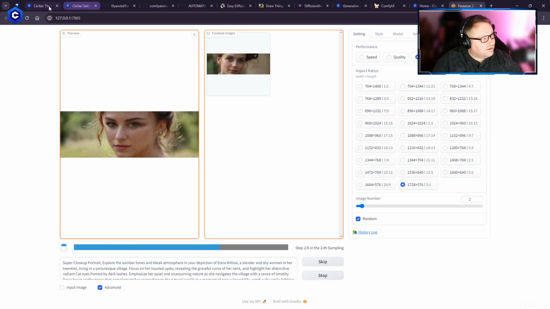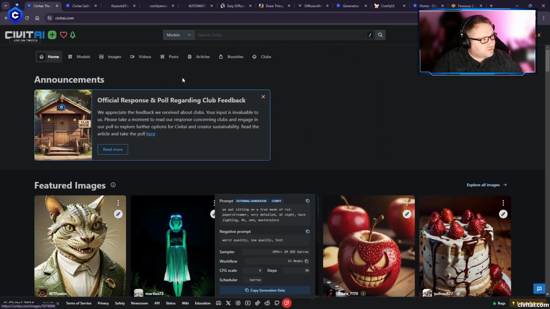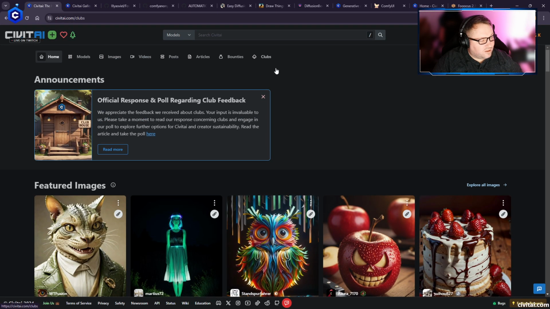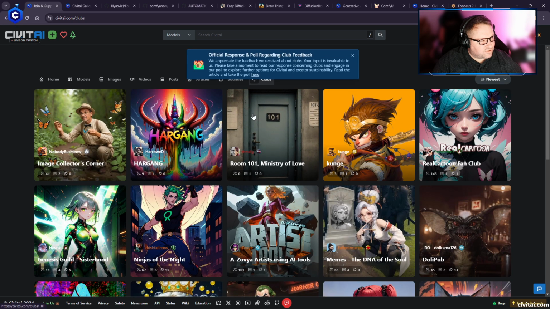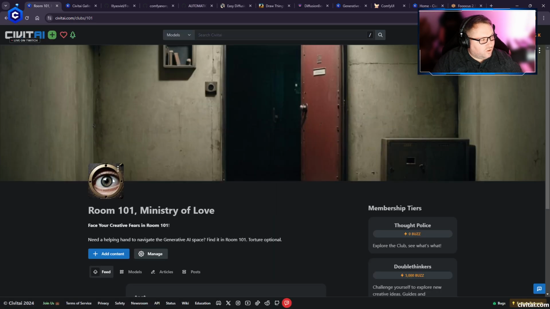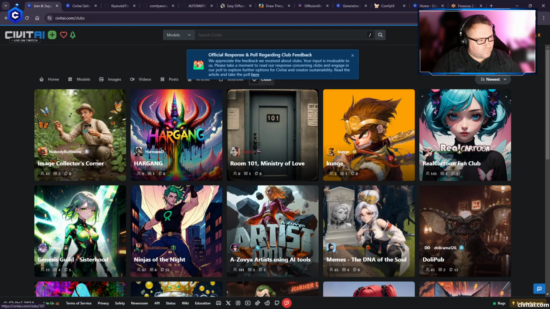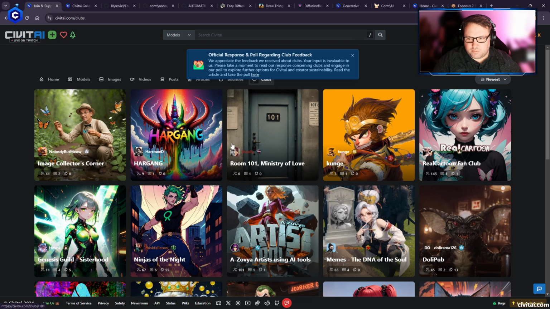Absolutely. Speaking of that, my club banner, which hasn't been released, is all made in Fooocus. All the items of it are made in Fooocus. And I didn't even edit the dimensions in Photoshop at all. I just generated in Fooocus and dropped them straight into the club. I don't even know if I'm going to release this club, but